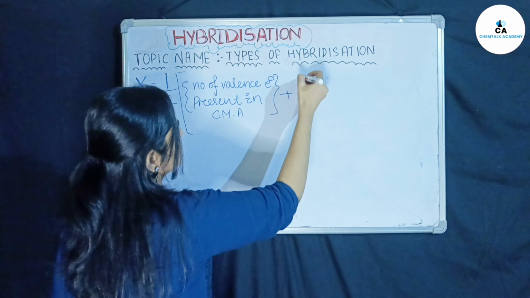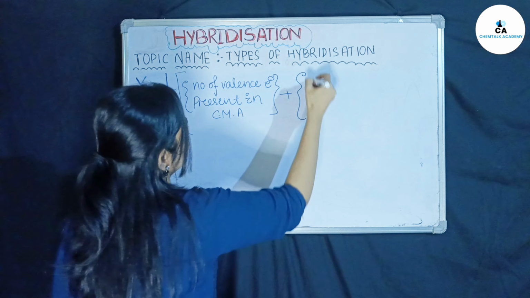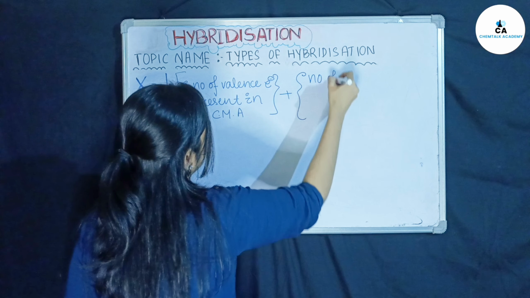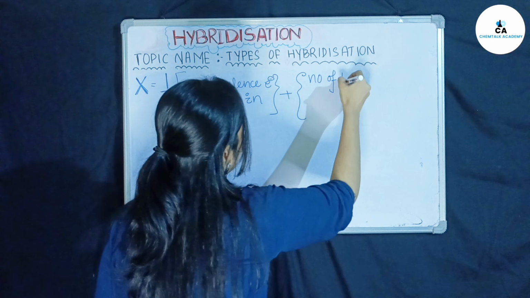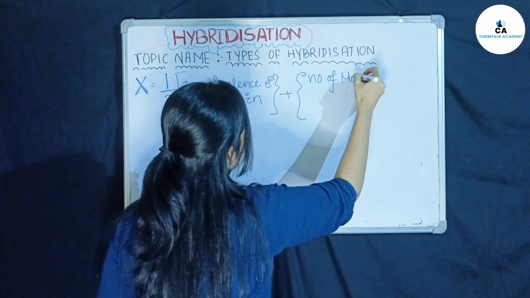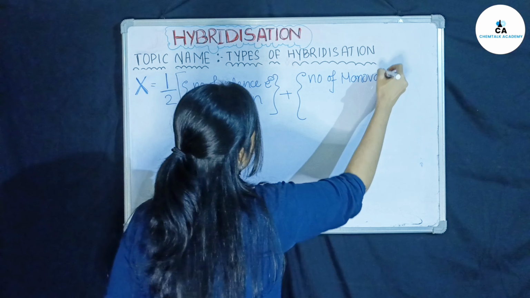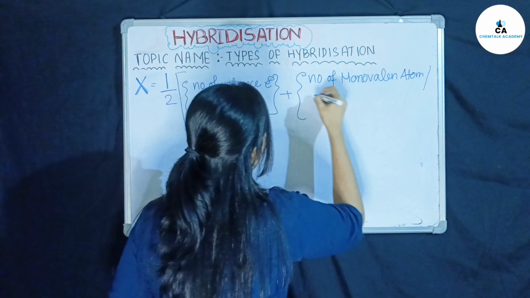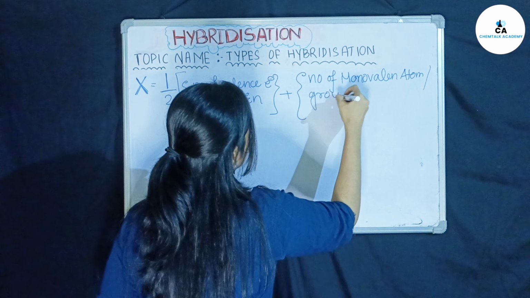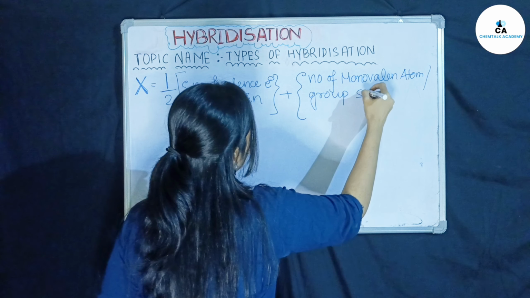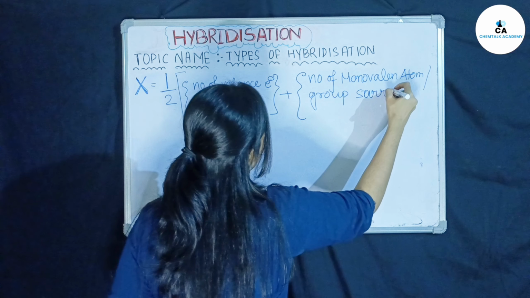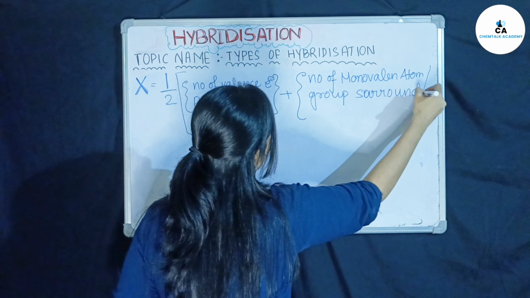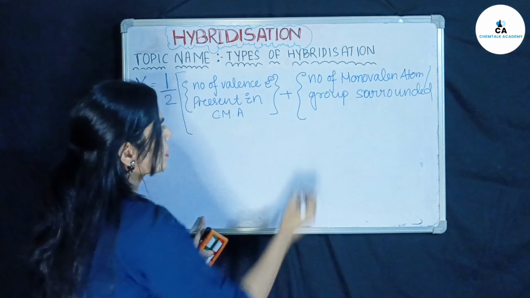Plus next, number of monovalent atom or group surrounded by